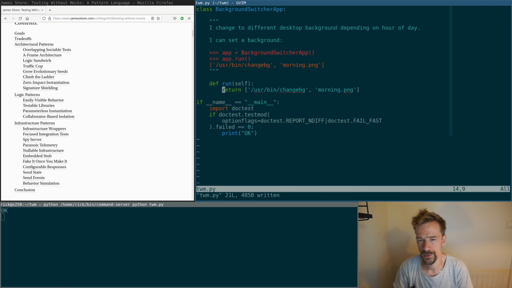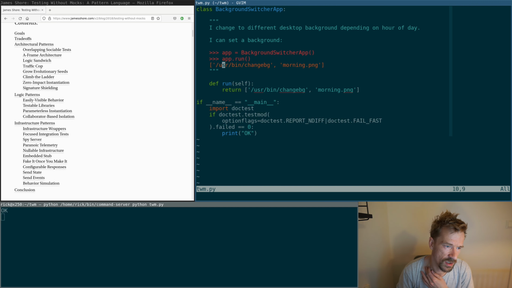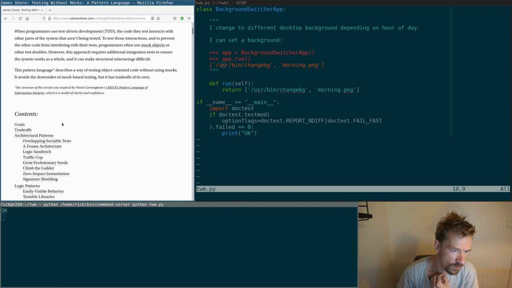So what we really want to do here is assert that this command was actually run. And for now we just assume that when we run this command, the background on our desktop will change. So to do this with the testing without mocks strategy, we need an infrastructure. So if we have a look